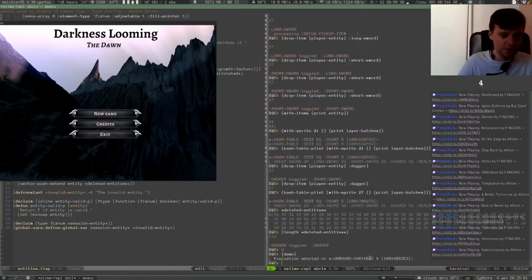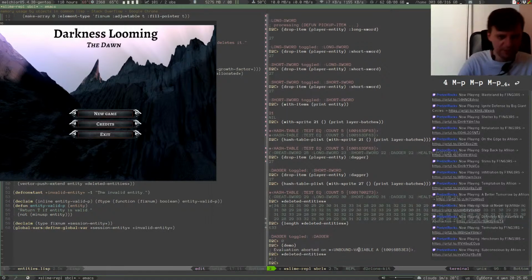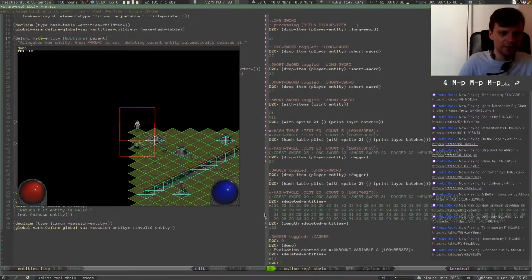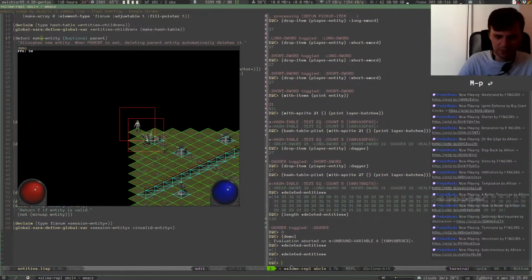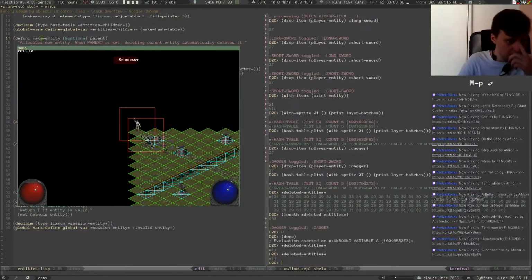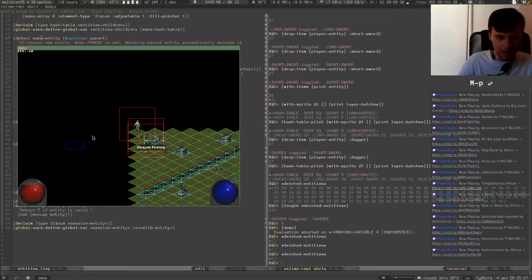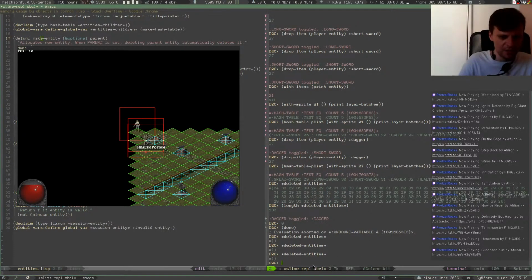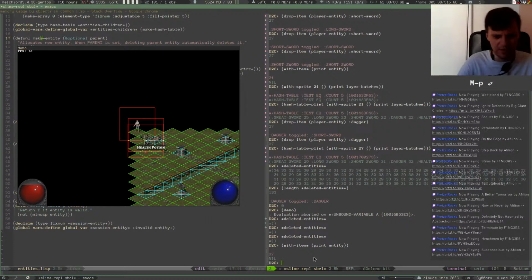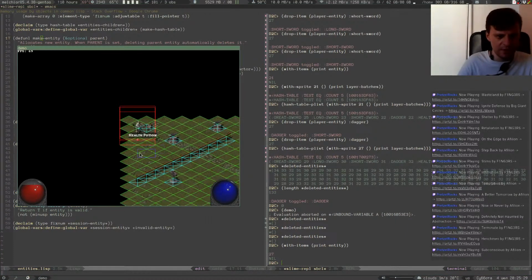Okay, so what are the deleted entities right now? The empty vector. Okay, so if I press new game, right now it is empty again. If I kill that thing, empty. And if I, okay, let's look at the items first. This is going to be deleted as I am going to pick that up. So yeah, that's 27, and if I pick that up,